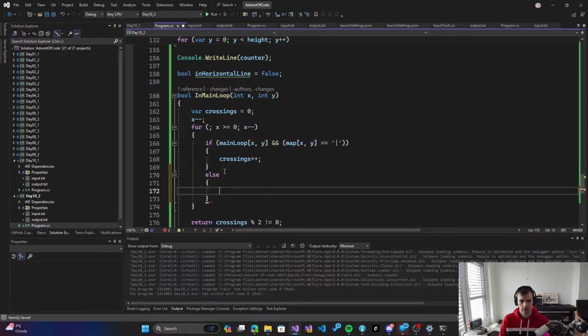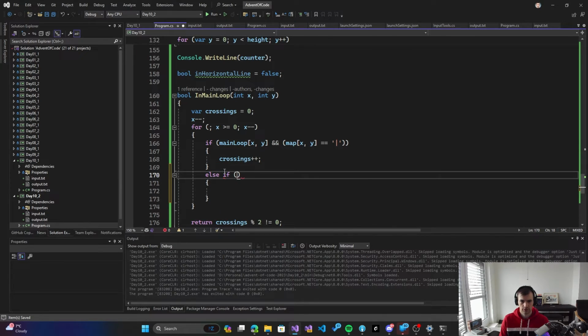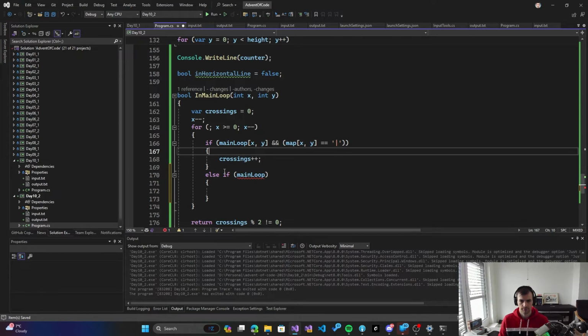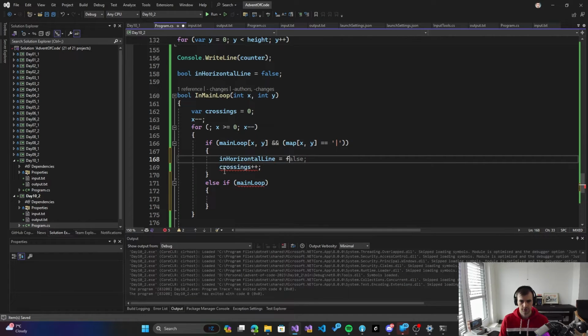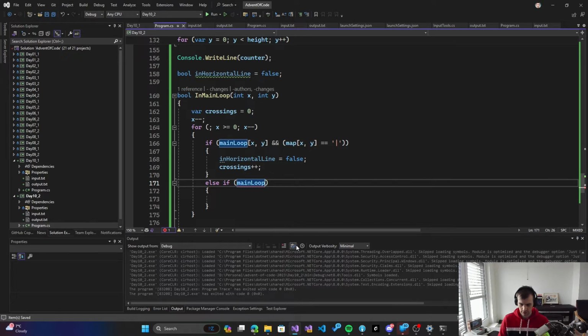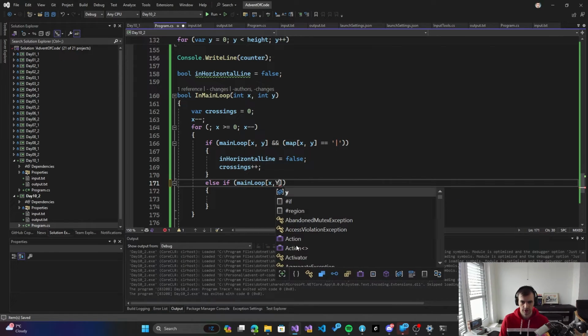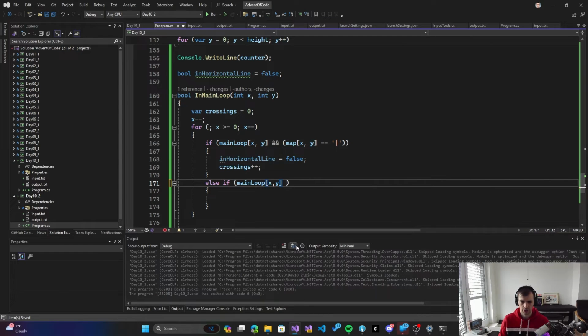Else, if the line false. If we encounter a